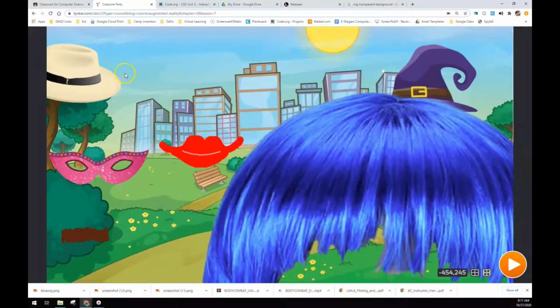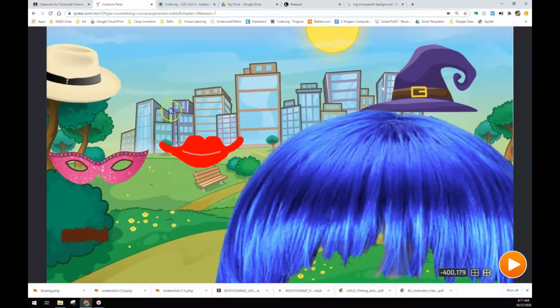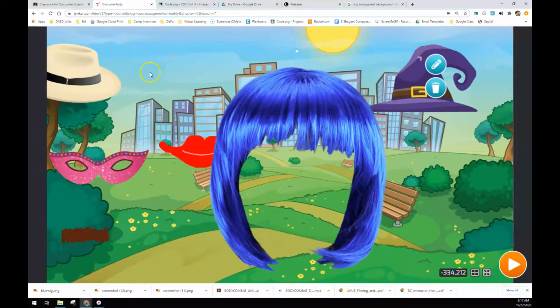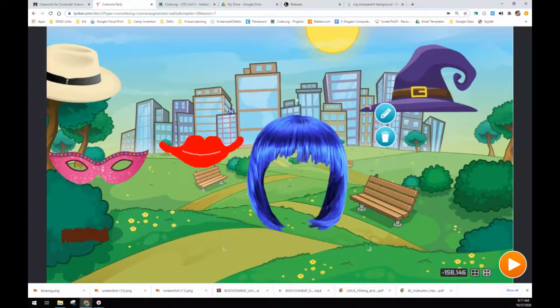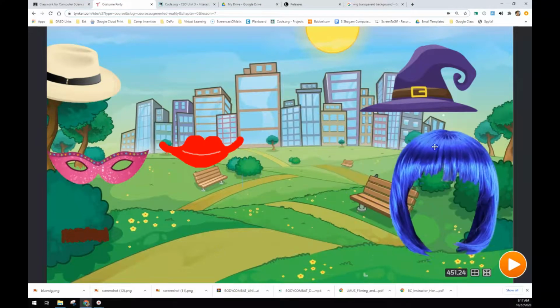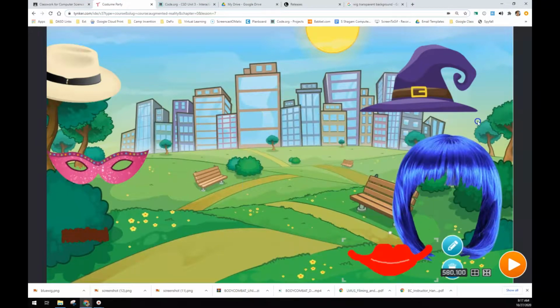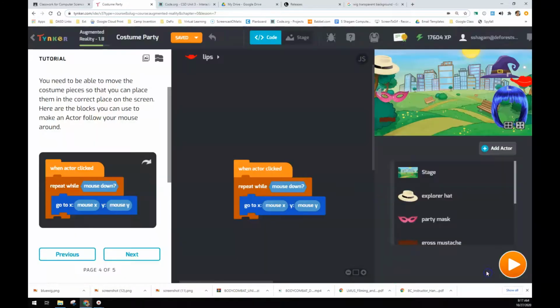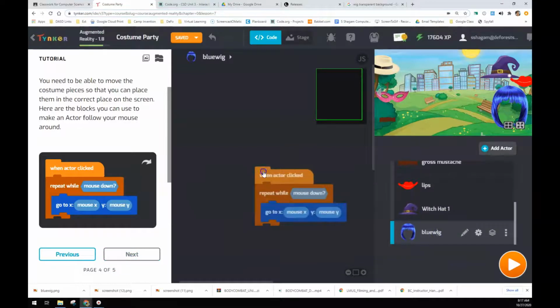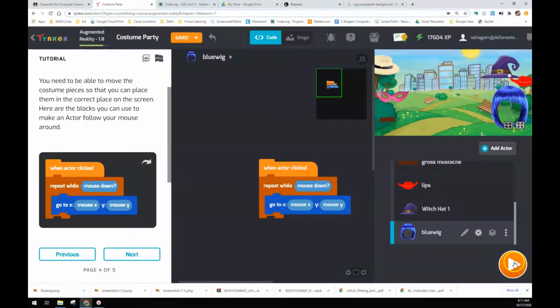So if you grab it, you'll see there are these little gray squares here where your mouse pointer turns into a double-headed arrow. That's how you know it's something you can use. I think that's probably going to be about the right size. I'm going to pull that over here, and I'm going to pull the lips over here. All right, and I need to make sure then again to pull this code onto it. Now if I play it,